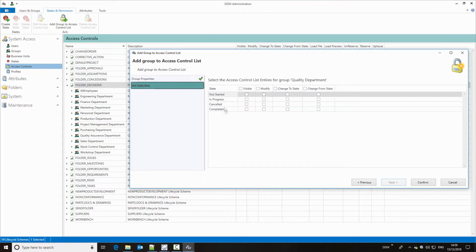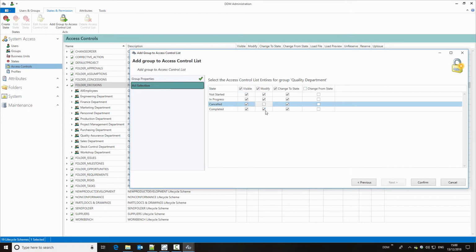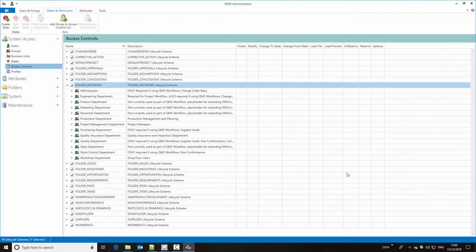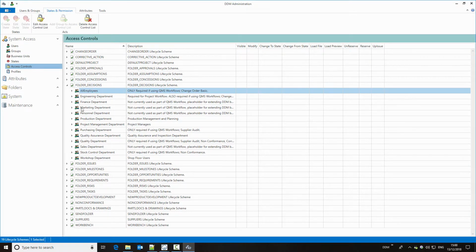If we then progress through this, we've got the default states for these new folder actions. So we will select them all, and we just need to remove modify permission on something that's cancelled or completed. And we can click to confirm that. What we should also do is look for a group called All Employees or All Users, and this group should